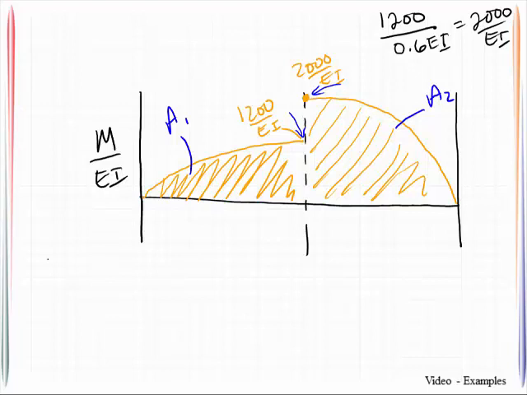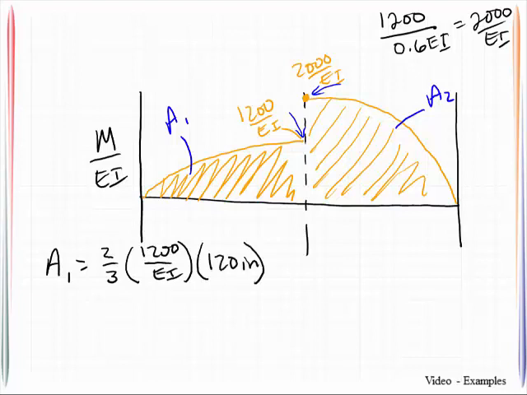So we can compute A1 with the well-known equation of 2/3 H, 1200 over EI, times the width, 120 inches. That will be 96,000 over EI. And A2, using the same equation,